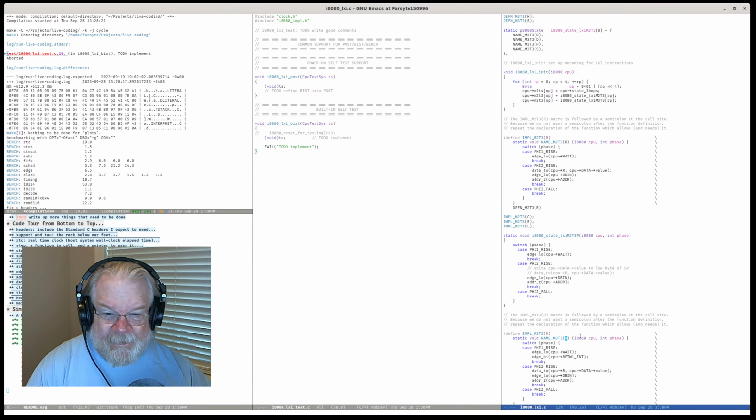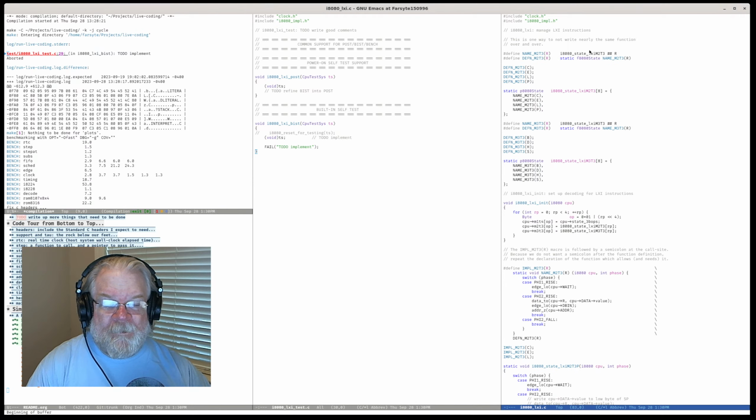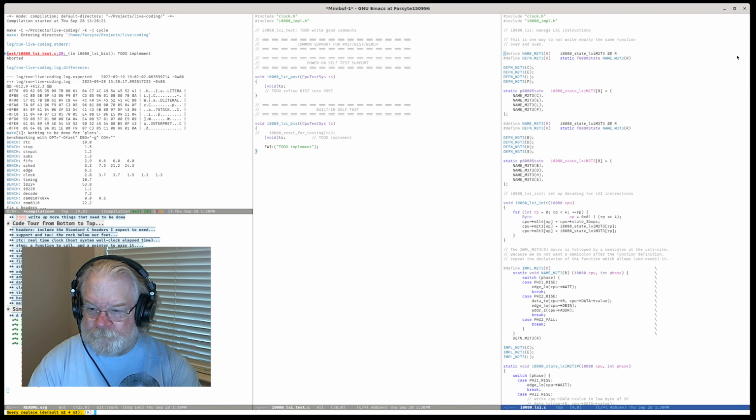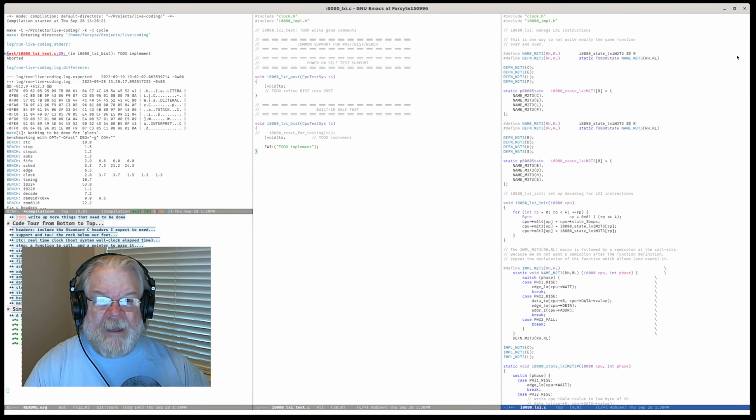I need to put in RH and RL into the macro so that I can have this guy know the name of the other guy. So we're going to have RHRL.